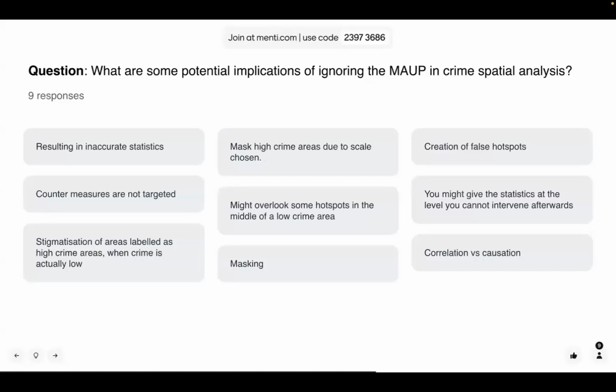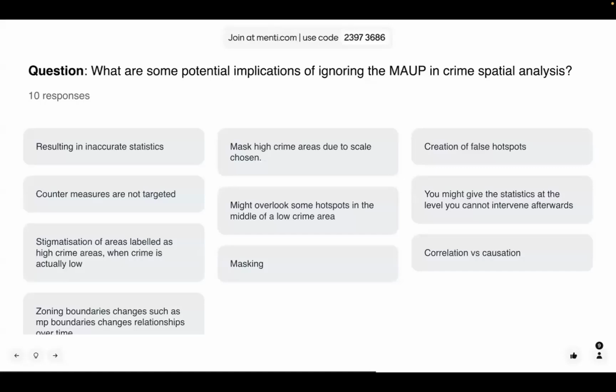There's also the idea of public perception and community relations, and how they can be significantly influenced by how this crime is presented. Of course, there are things like the ethical considerations as well, when the implications of ignoring the MAUP can lead to policies or actions that disproportionately affect certain communities. And it's essential to consider the fairness and justice of crime prevention strategies that are based on potentially biased